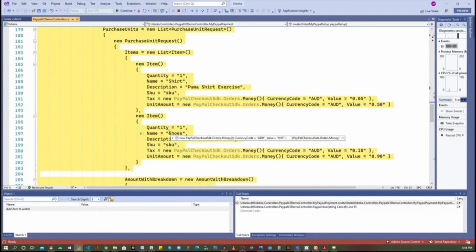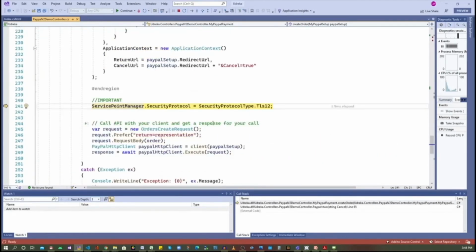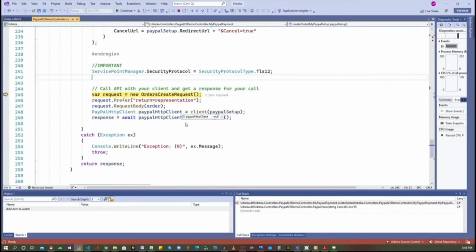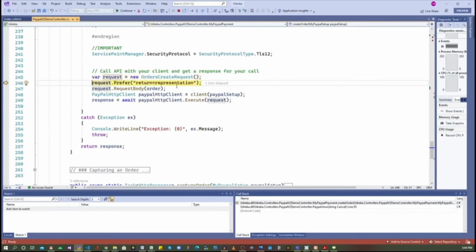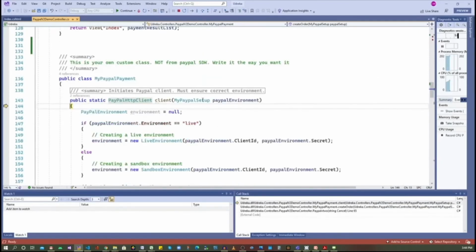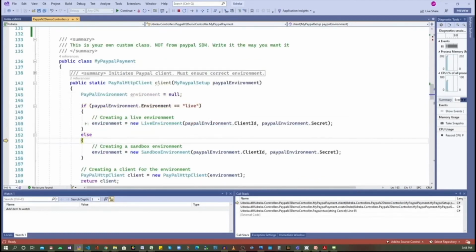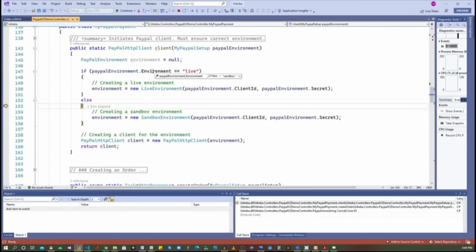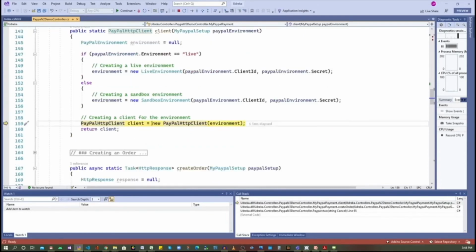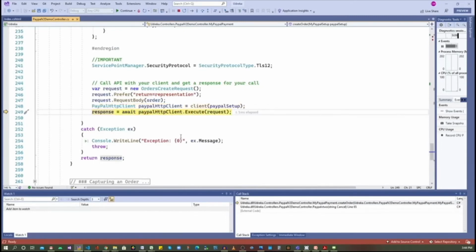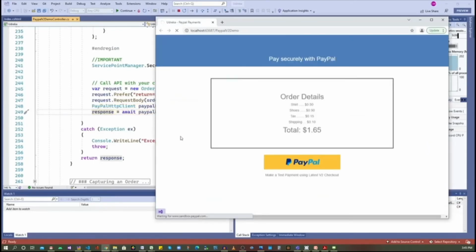We will go ahead now, set the security protocol, create order, create request, everything as it is, request body, get the client. Now we have a sandbox environment, so it will instantiate a sandbox environment. Let's create the client, return it, and execute the request.